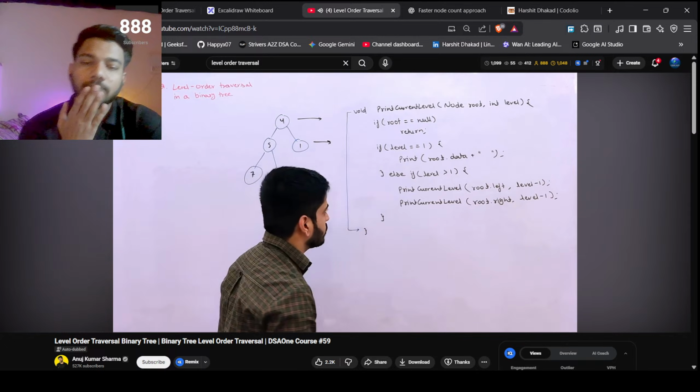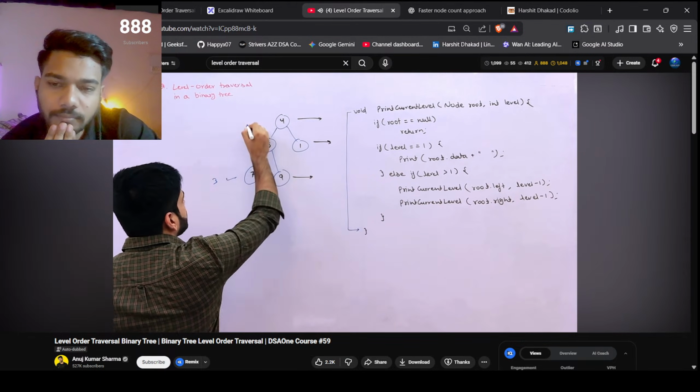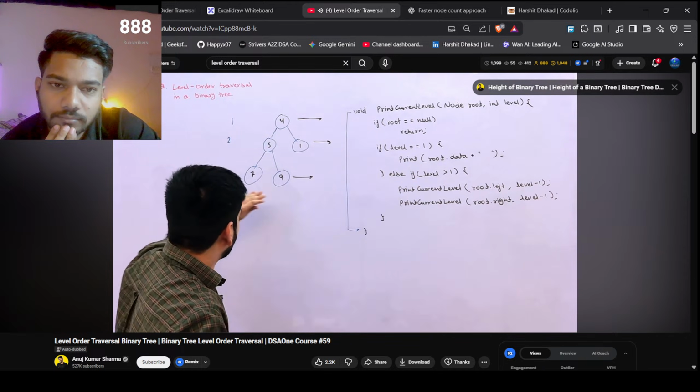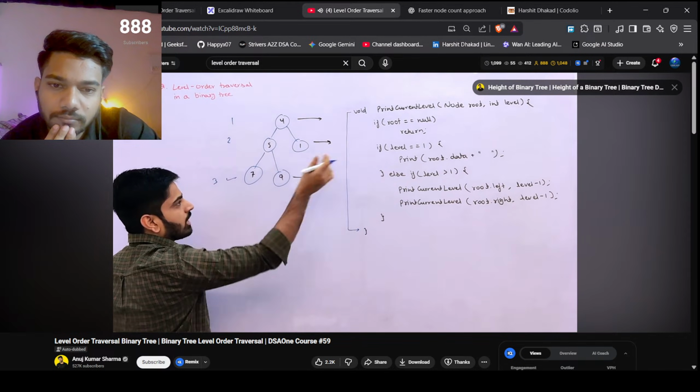क्या करना चाहता हूं मैं, एक मैंने फंक्शन बनाया जिसका काम है कि किसी भी करंट लेवल को जाकर प्रिंट कर दो। सपोज करो मैंने इसको बोल दिया कि लेवल नंबर 3 प्रिंट कर दो, ठीक है। सपोज करो ये 1, 2 और ये लेवल 3 है, तो मैं इसको बोलूंगा लेवल नंबर 3 प्रिंट करने के लिए, तो ये फंक्शन अपना काम करेगा और अपना लेवल 3 प्रिंट कर देगा, ठीक है।